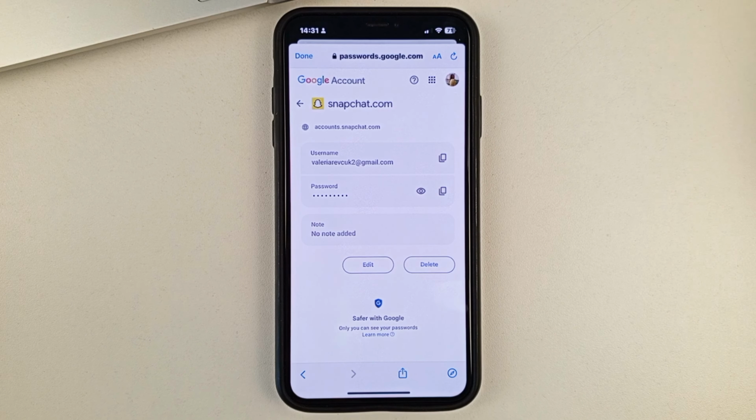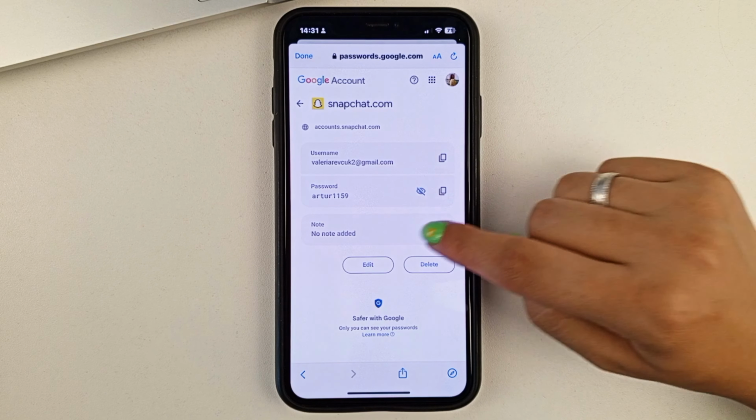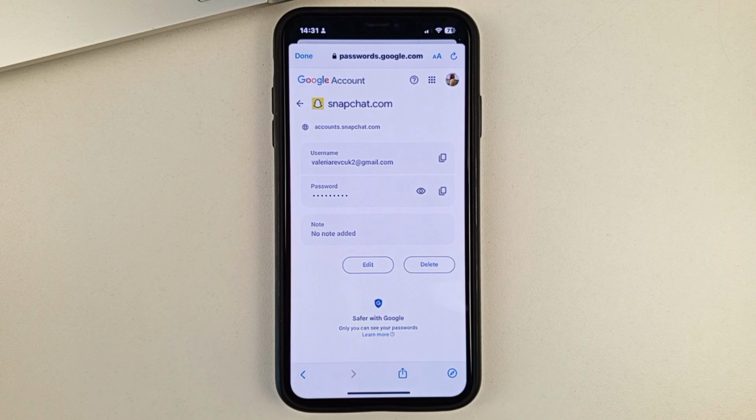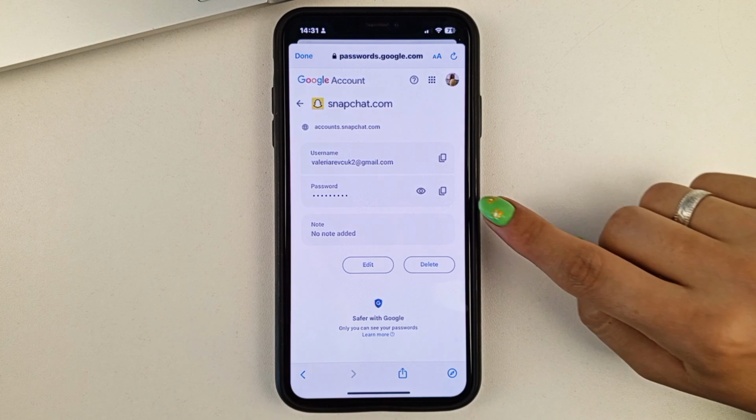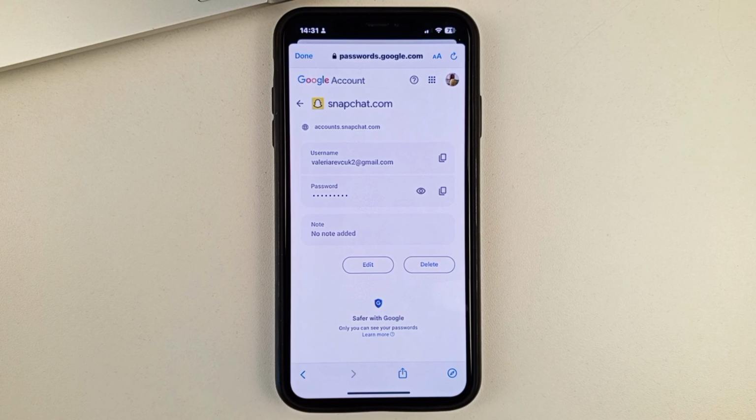What you're going to need is a password. And here you will be able to either view that password if you click on the eye sign to see it. You'll also be able to easily copy that password by clicking right here. And then paste it wherever you need it to log in.